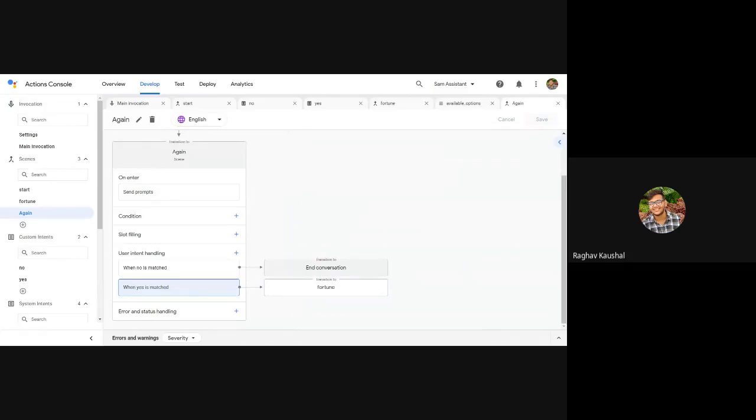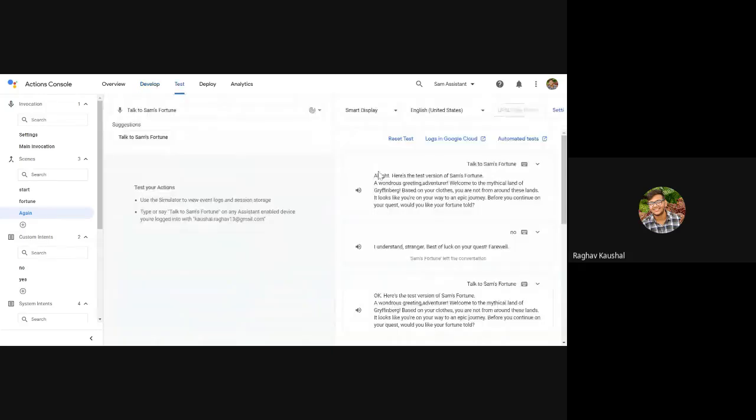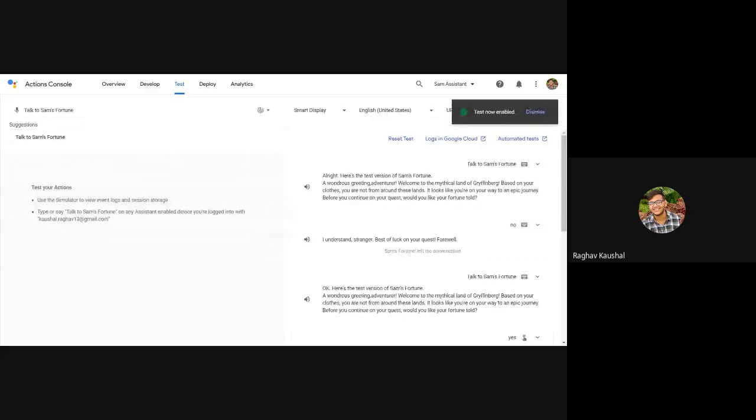So let's just test this out for one last time. This is the last time. Let's hear it out, the entire fortune. So first I'll be choosing a dragon. Then let's go to what we haven't chosen, the compass or the translator. We choose any of those. I'm going to fortune. Okay, Jaideep, I'll tell you one thing: whenever I'm doing that in the action console, I can't see the chat.